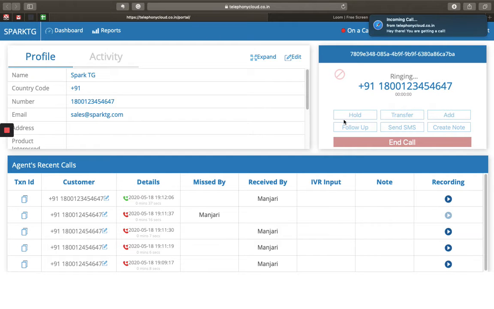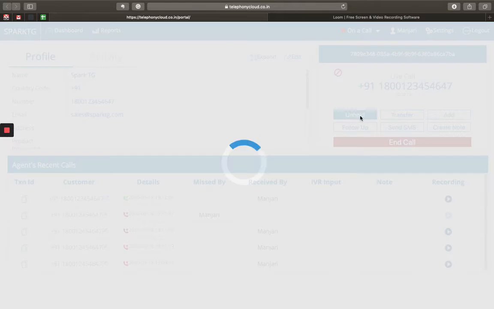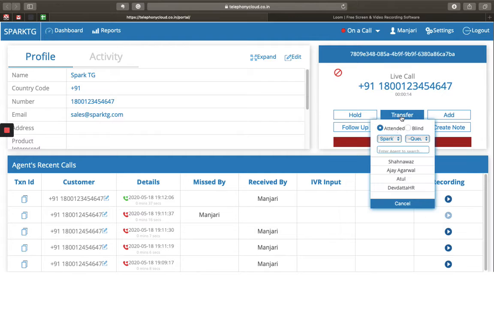And now I'll try the call again to show you the actions of the first three buttons that you see here. So while the call is on and I'm with the customer and customer's answered, I can put the call on hold. So at that time, the customer is hearing the music. I can transfer the call to the any other agent who is logged in and available in the service.